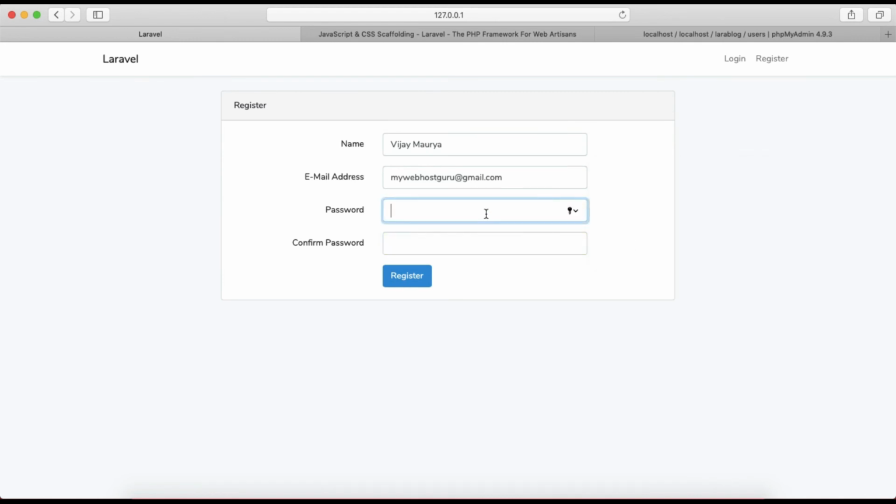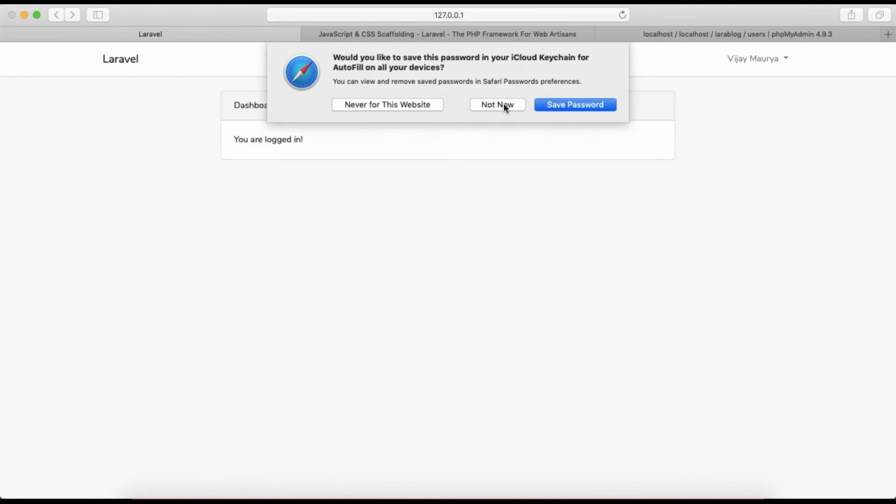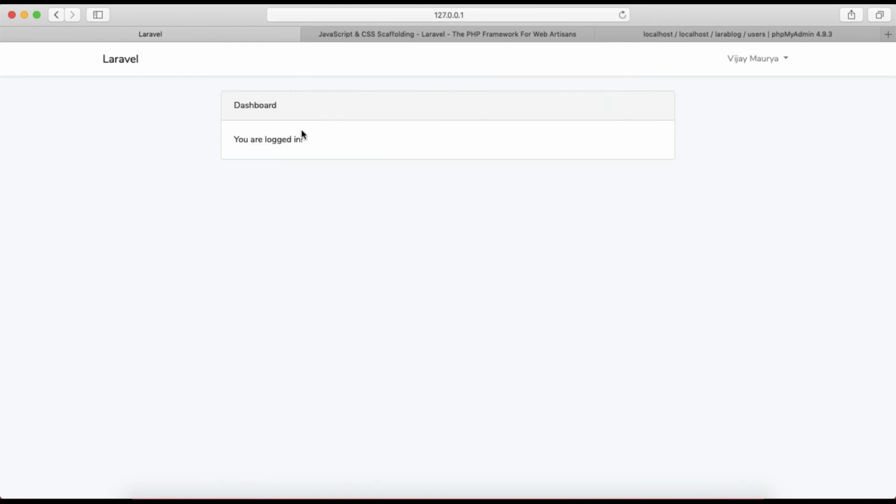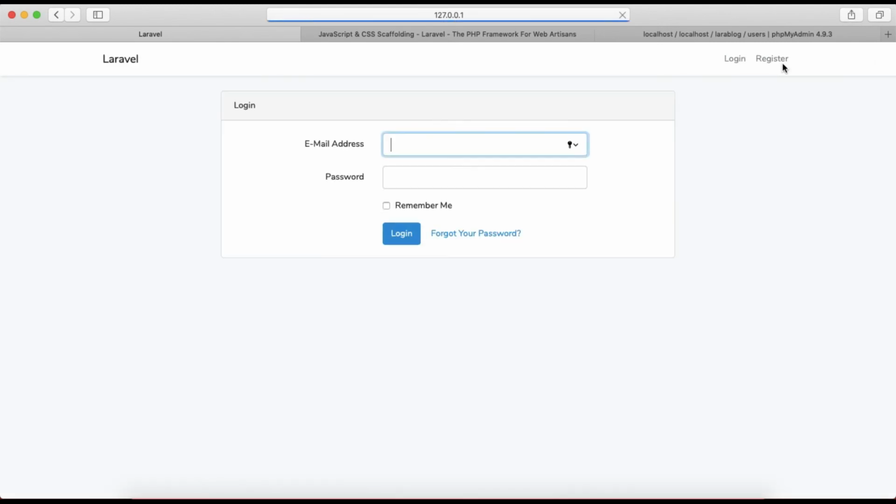Let me take another password, and hit register. Save password, not now. Yes, you can see you are logged in, and here my name is showing. And if you log out and log in again,